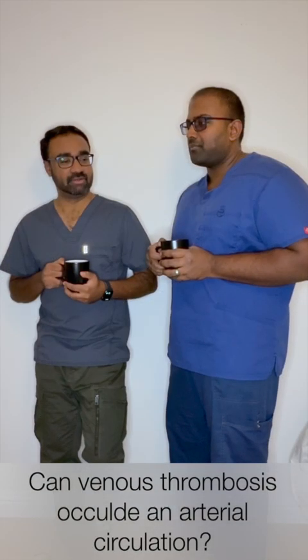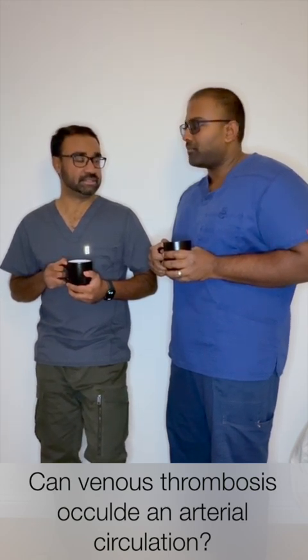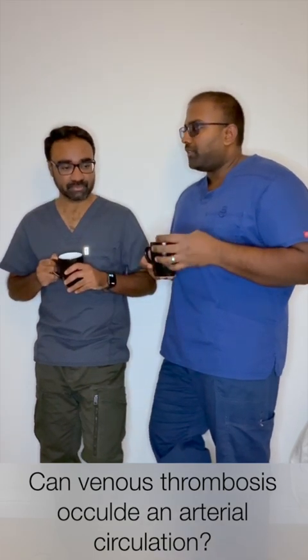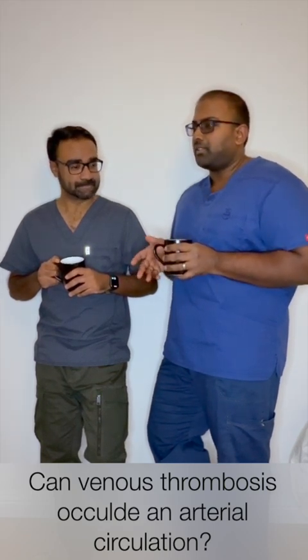All right, I have a question for you, Ranjit. Can deep vein thrombosis occlude an arterial circulation? It could. If you look at DVT on a spectrum, at the worst end of the spectrum, we see rarer